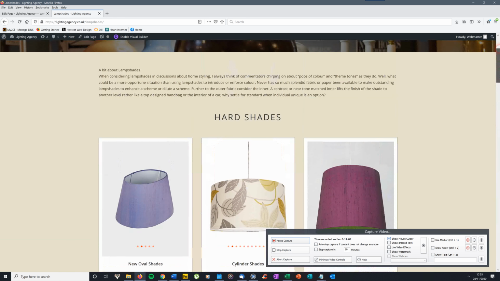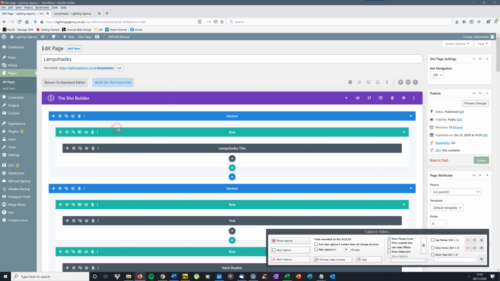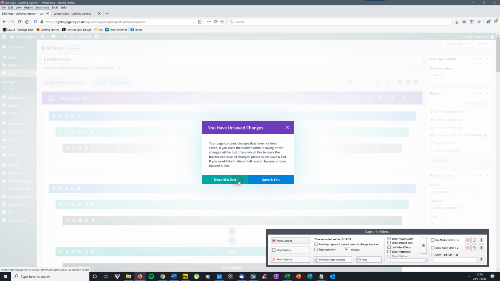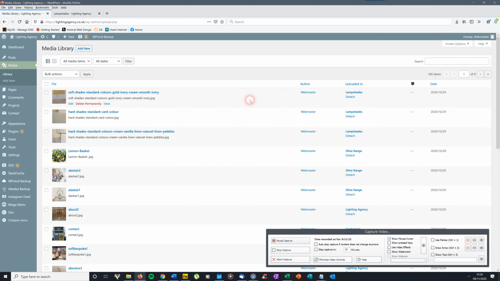I'll just show you where that actually is located, because it's in most of the sites that I'm doing now. There's a new way of doing it. You scroll down to, there's media, which is the media library I mentioned earlier, if you need to find out sizes of images. So I'll discard and exit that page because I've not actually changed anything that I want to change. Let's say click on this image that's in the library,